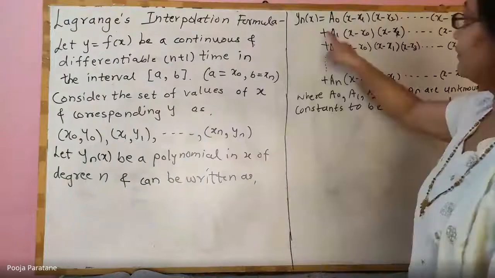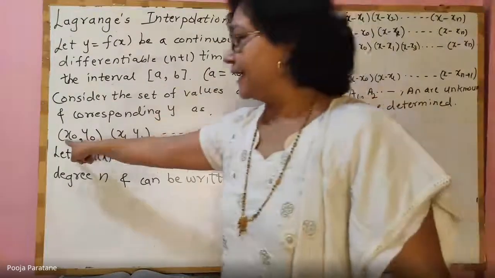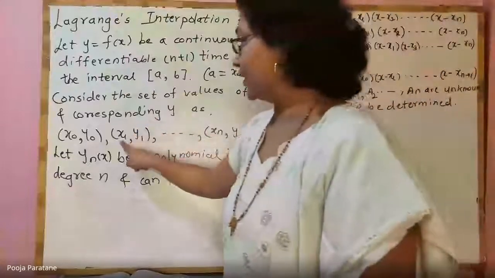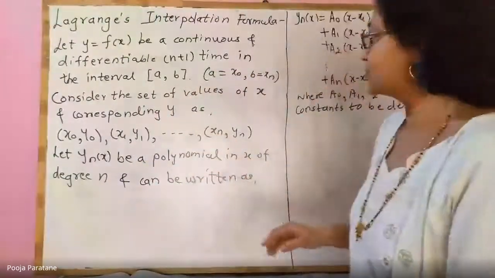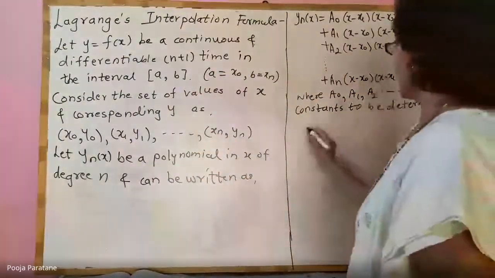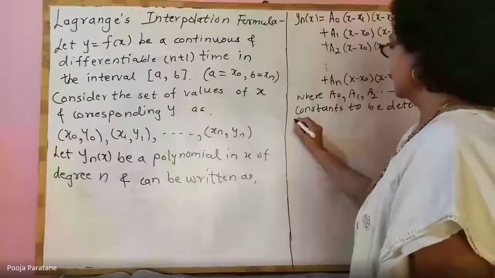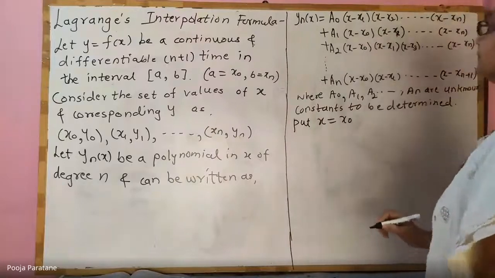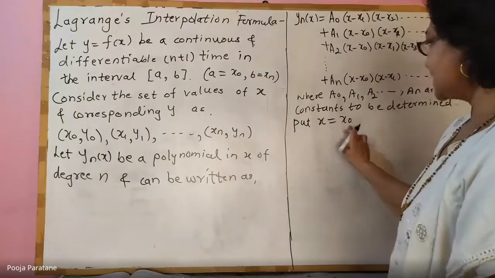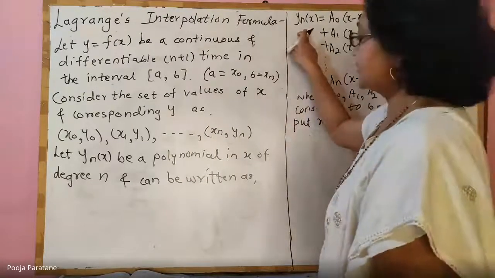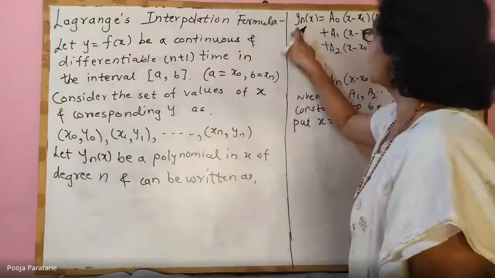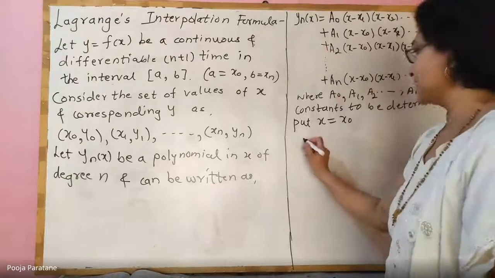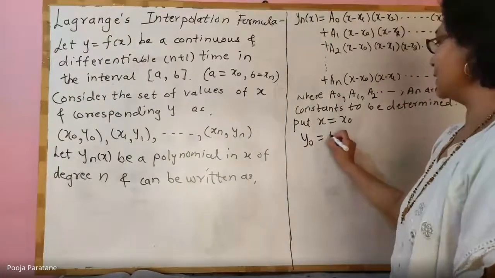So to get the value of a0, we will substitute x equal to x0. To find the value of a1, we will substitute x equal to x1 and so on. So let us do that. Put x equal to x0. At x equal to x0, the corresponding value of y is y0. So what is the value of this? y(x) at x0 is y0. So therefore y0 is equal to a0 times